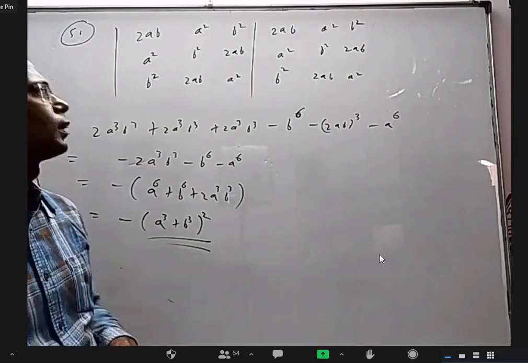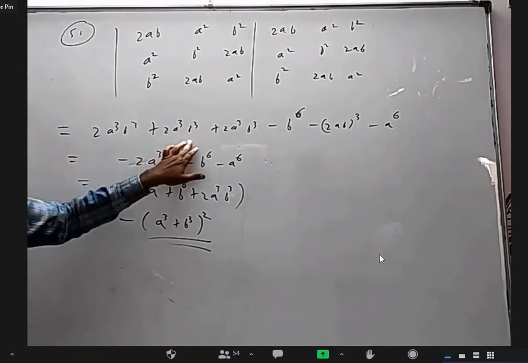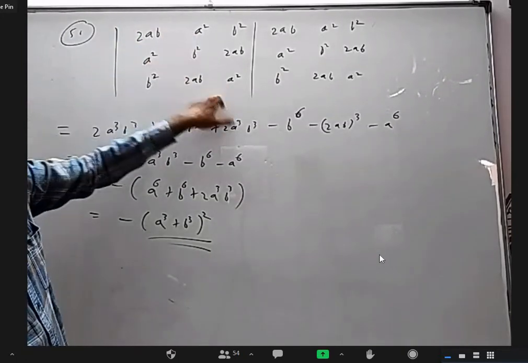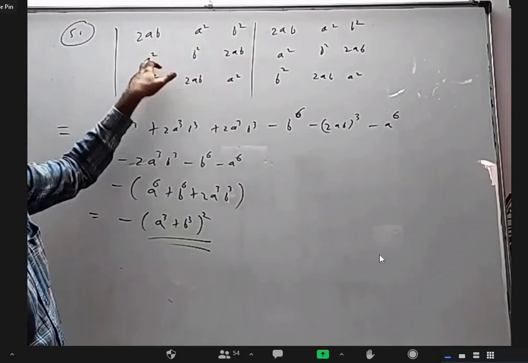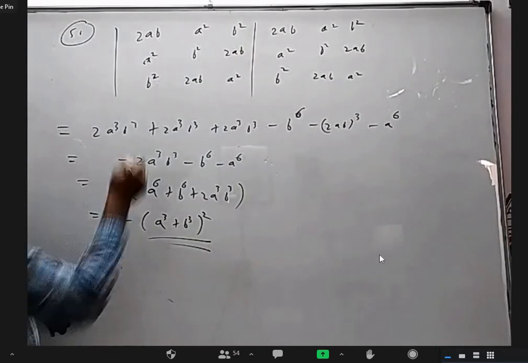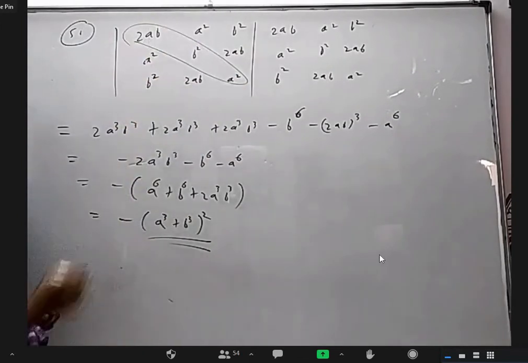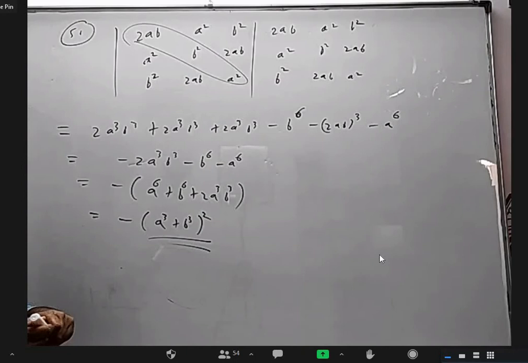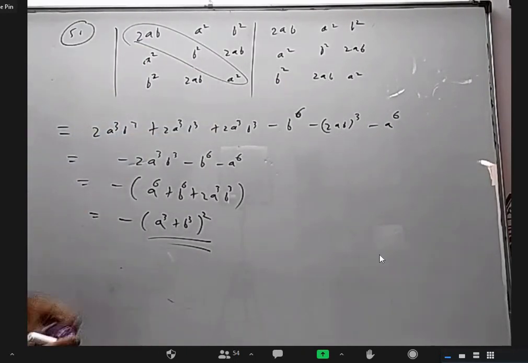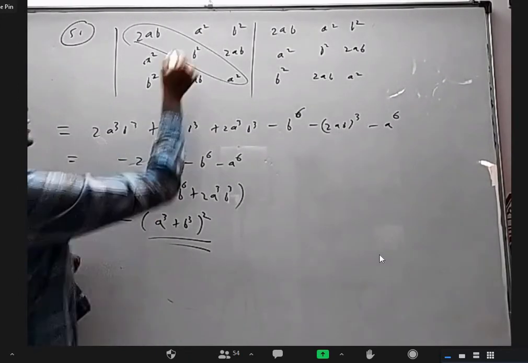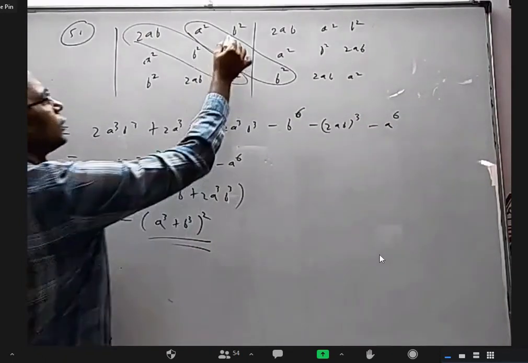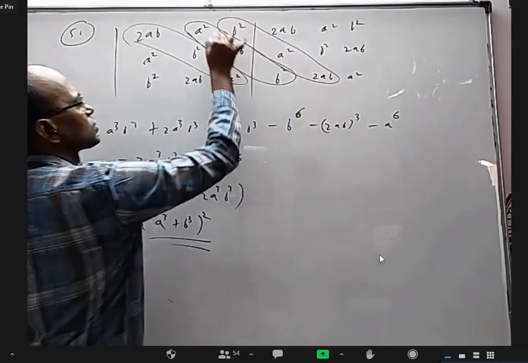Okay, anyway, coming to this, if somebody wants, I'll do normally this into this minus this into this, minus this into this, plus this into this minus this into this. I'll get the same thing only. But what I have done here, I wrote this one more time. Now let us see what is this product. No, only this product, 2a cube b cube. Then what is this product? 2a cube b cube. And this product is also that. That's what these three are.